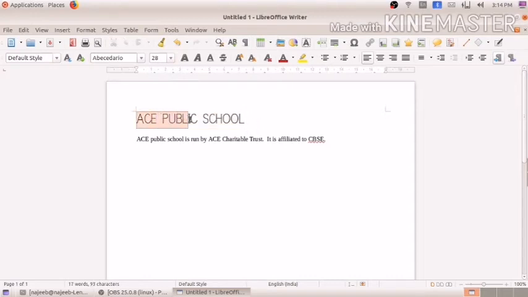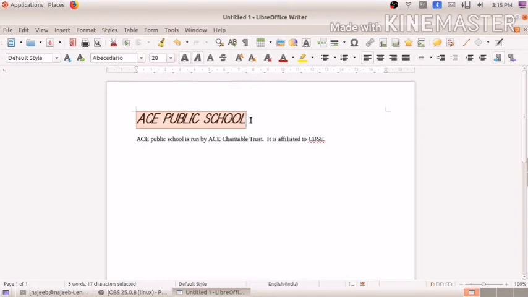And one more thing: if you want to make it bold, to emphasize the text ACE Public School, we select it and click this A, that is bold. Now you can see the letters as bold. If you want to make it slanting, like italic, just click italic.